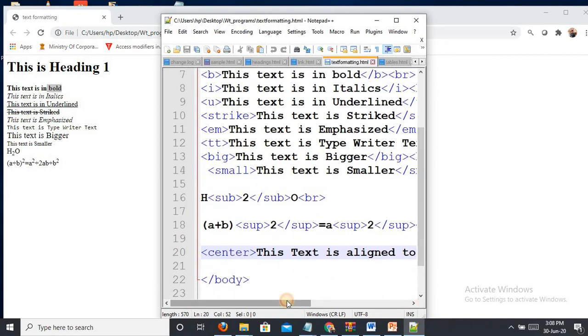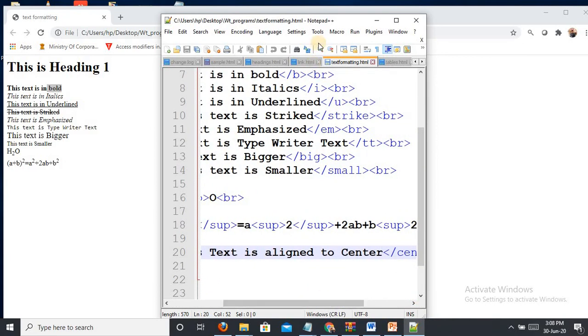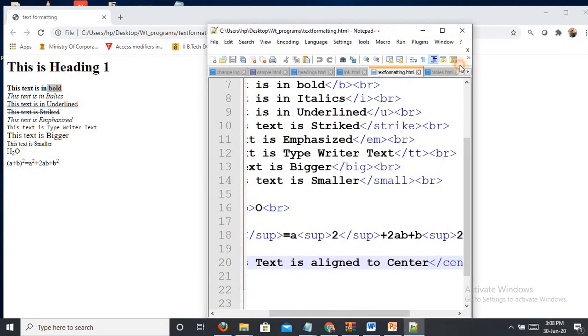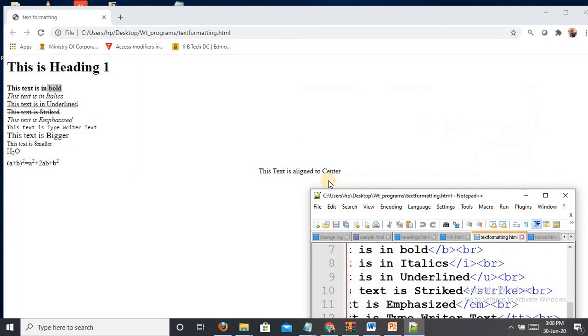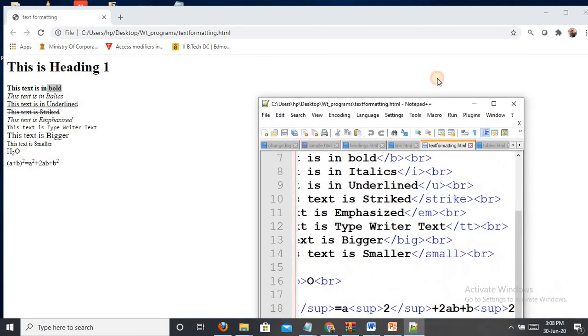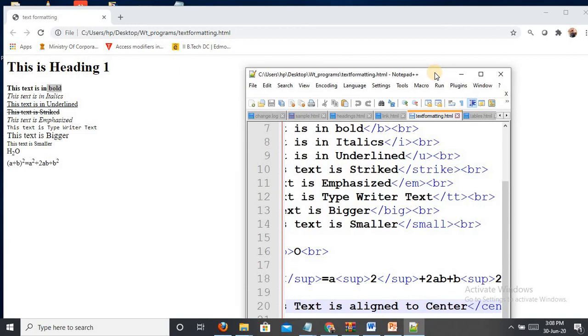And similarly I had written center. This text will be aligned to center. Here will be the text. The text is aligned to center. See this. So there are many text formattings. You can search for them. I will give you the links for text formatting. You can see there.